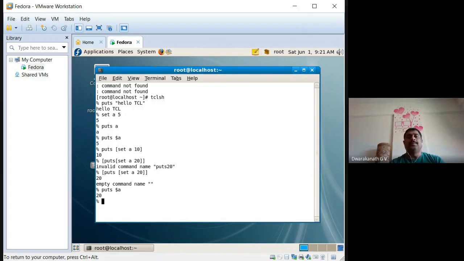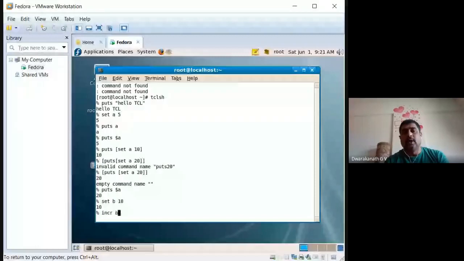Now coming to the next topic: how to deal with constants and expressions. If you want to take constant numeric values, then you have to use the expr command always. For example, set b 10, and then another important command is incr b.